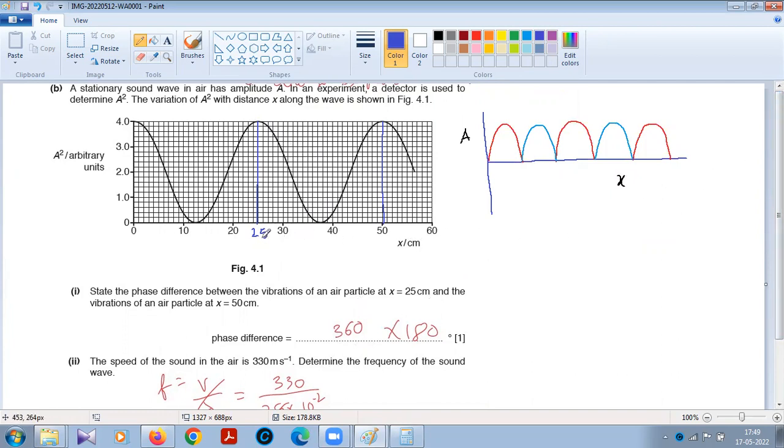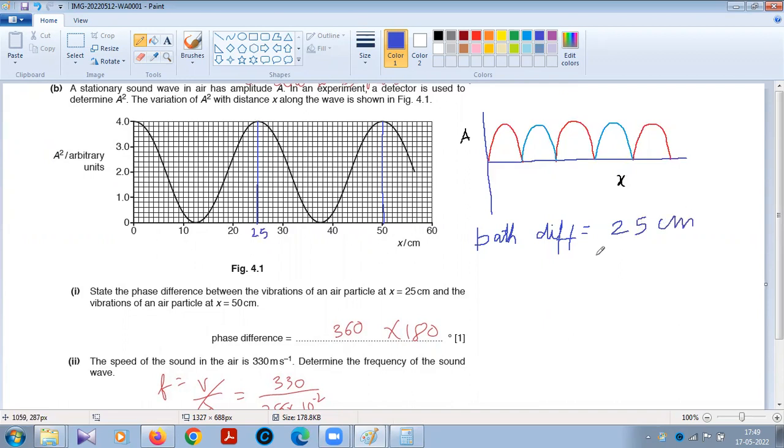So see the path difference. Let me complete it, and I will share it. So path differences. Oh, right, you're recording this lecture, right? Yeah, path difference is 50 minus 25. That is how much? That is 50 only. Yeah, sorry, that is 25